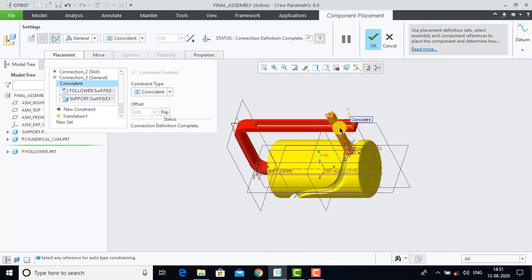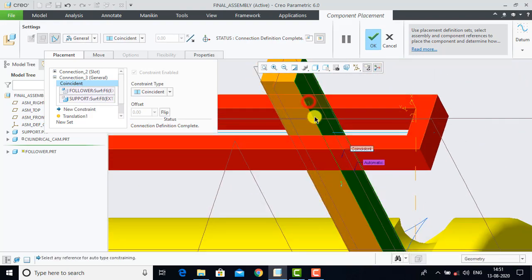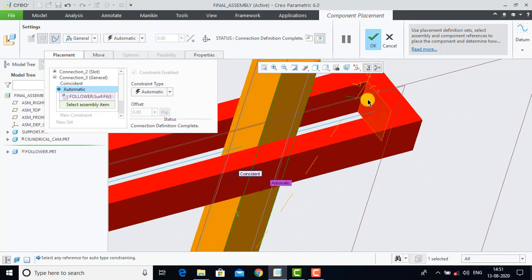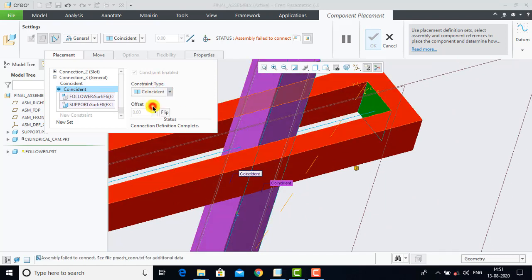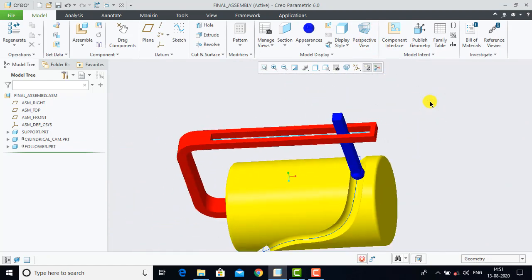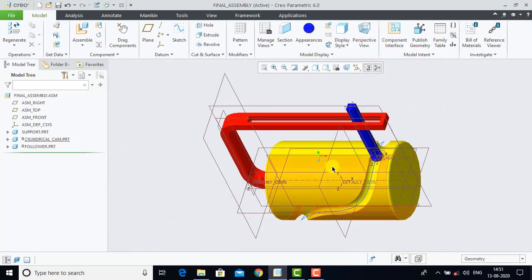For the second constraint, we'll select here this face and with that face we'll select here this face. For both these faces, we have to go for the parallel constraint. Now we'll click on OK. So we have created assembly from all these components that we have created earlier, and now we'll give it mechanism or motion.